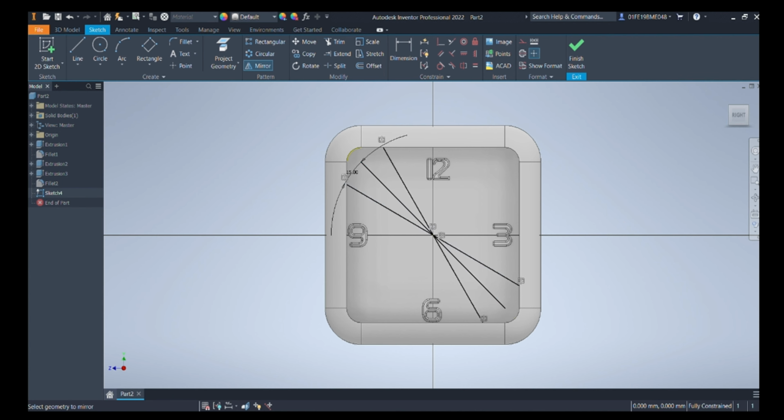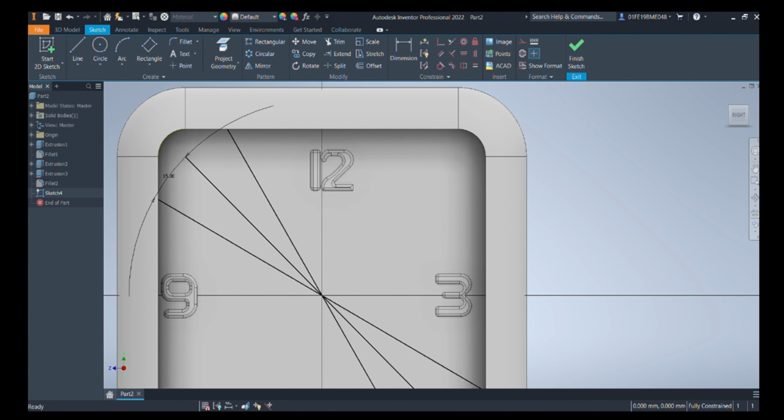Now choosing 3-point rectangle. The speciality of 3-point rectangle is that we can add a height as much as we want, and we can draw a rectangle at any angle we want. So taking the rectangle and giving it some height, the main dimension is around 6 mm, or we can take it as much parallel to the number digit 1 which we have made, and giving height around 0.3 to 0.2 mm. It will be fine.